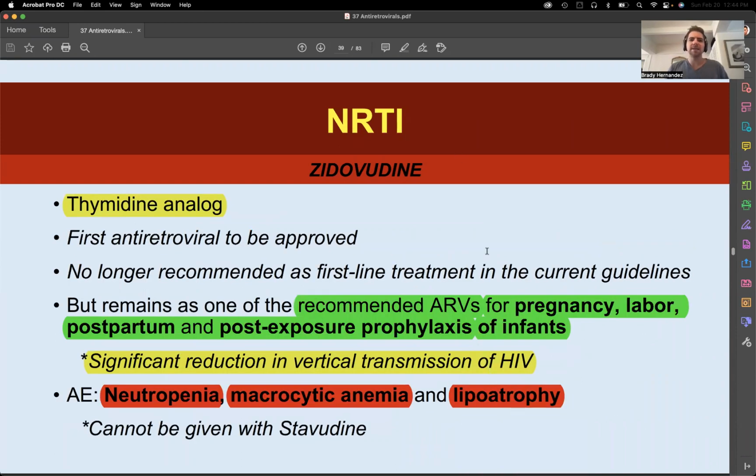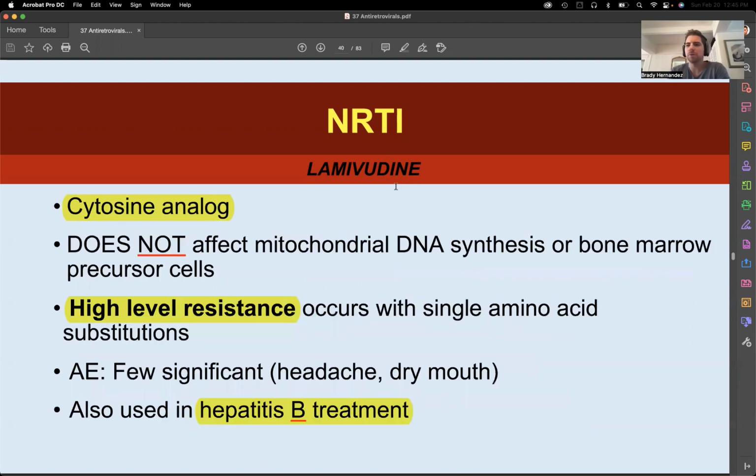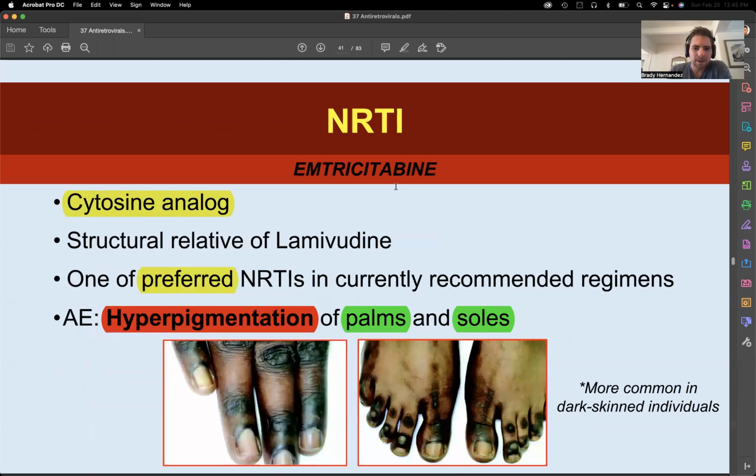Zidovudine was kind of AZT. This was kind of in the 1980s, the miracle drug that came about for AIDS patients. Maybe it was the early 90s. But it's classically for neutropenia, macrocytic anemia, and lipoatrophy as well. But the same principle, it lacks a 3'OH, so you're not going to be able to replicate that DNA from the reverse transcriptase. Okay,